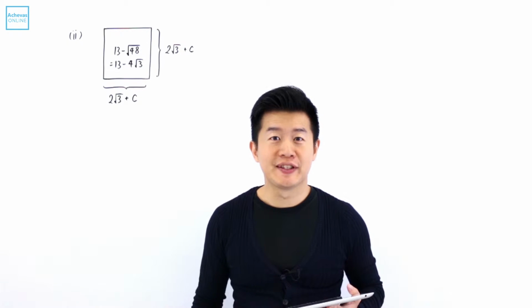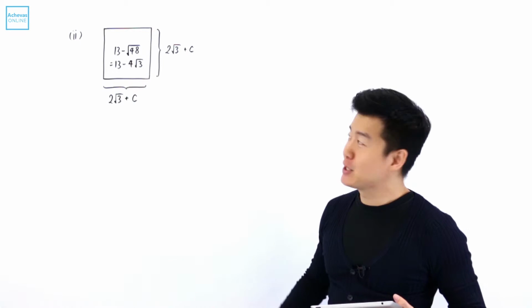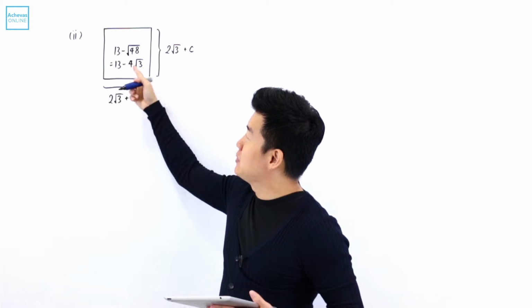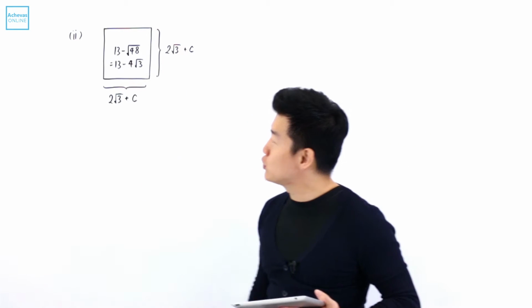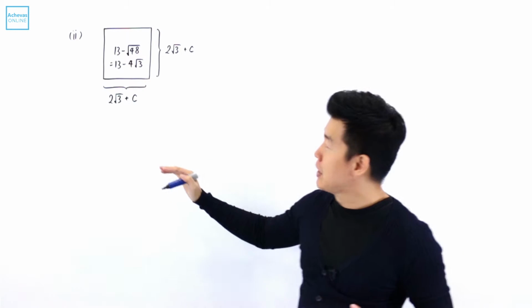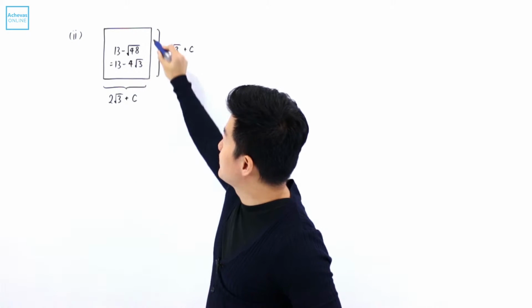The quadrilateral is now a square with the same area, 13 minus square root of 48, which we also know from the previous part is going to be the same as 13 minus 4 square root of 3. The sides are 2 square root of 3 plus c, and we want to solve for c over here. So we need to form an equation in terms of c, and to do that, just this multiplied by this